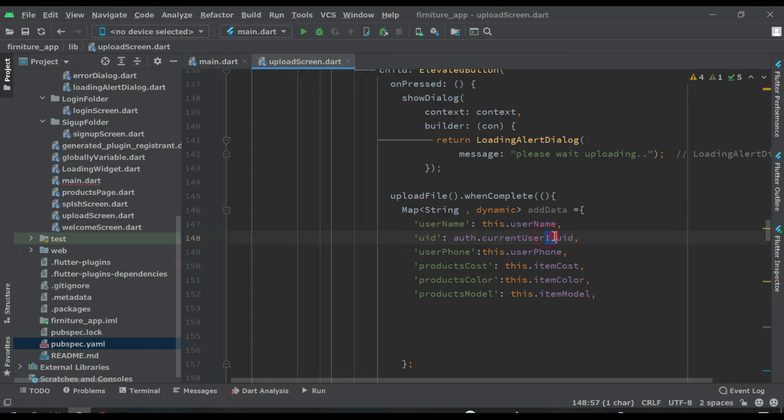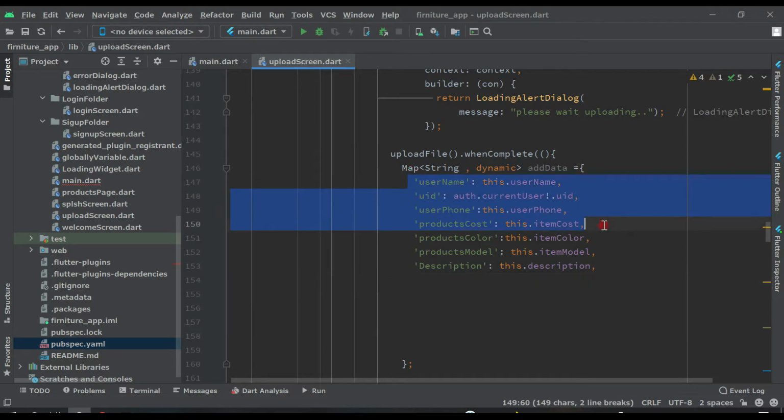Then after this we have description, and it will be this.description, comma.